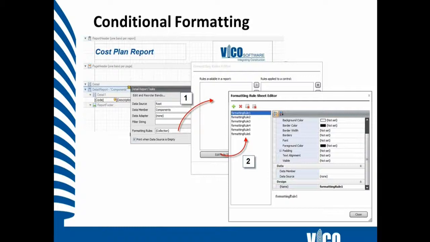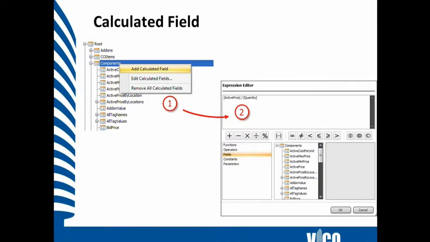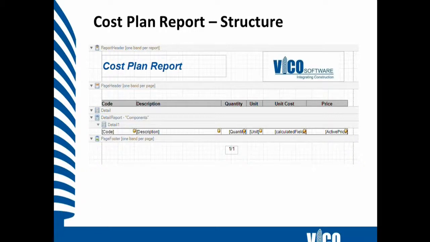We use those node levels for conditional formatting, so you can associate a type of formatting, so font size, font type, using formatting rules. We'll do that for the cost plan report as well. And what I will use in this report as well is a calculated field. So besides the standard fields that we have for the components category, you can add any number of calculated fields which use any of the existing prepared fields. So in this report we'll use a unit price calculation, which is the active price divided by quantity. This is the report template that we're working on. Okay,